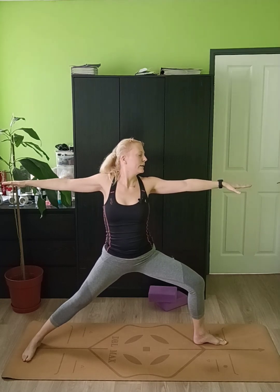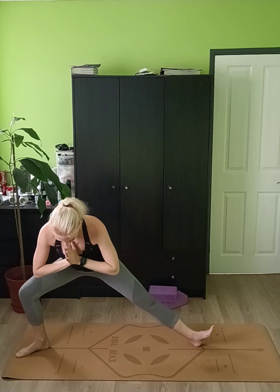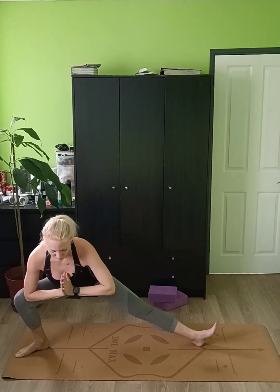And we are coming back, turning our left foot towards the left, to warrior two. Right here. And then we are going to move to Skandasana. So straighten your left leg. You will turn your right heel inside a little bit, and then you will shift your weight towards your right leg. So you are flexing your left foot,